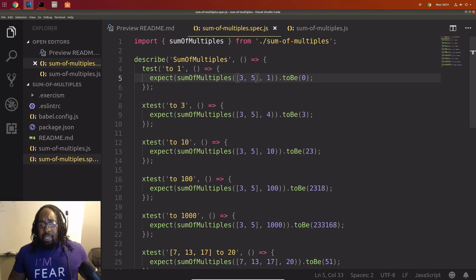So it looks like it's going to pass in an array. This is actually one thing right here because it's in brackets. The comma separates them, and then it looks like it's also going to take an integer. So it's going to say, what are all the things that are below 1? That's what I'm reading this as. So all the natural numbers that are less than 1.